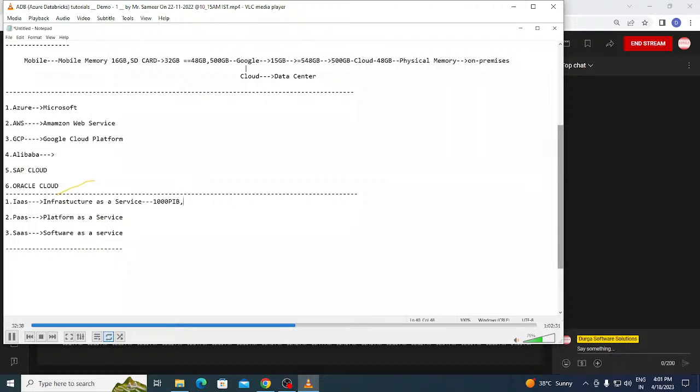Now guys, you require RAM, random access memory. You require a RAM of, let us say, 56 GB. So now guys, you need not buy an external RAM or anything. Simply inform your cloud provider that this is the RAM you require, and he will set it for you. So you need not worry about the physical components or the physical parts now. Getting my point? Next, after this, platform as a service.